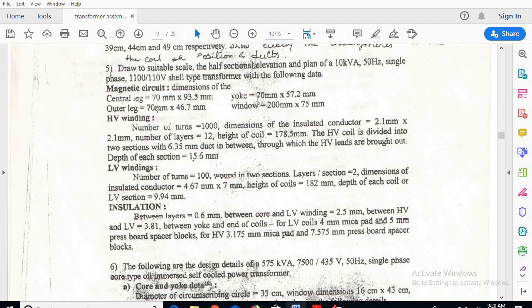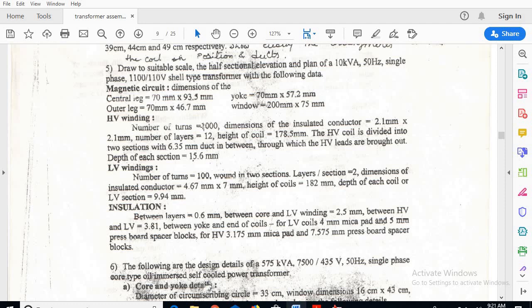Outer leg depth is 70 mm, width is 46.7 mm. Window dimensions 200 mm into 75 mm. So 200 mm is the height and 75 mm is the width. So these are the details regarding the magnetic circuit.